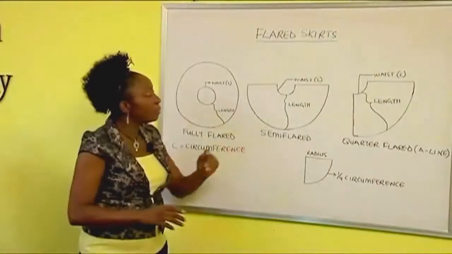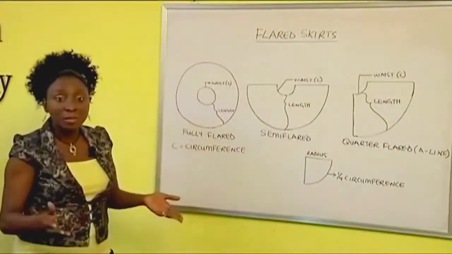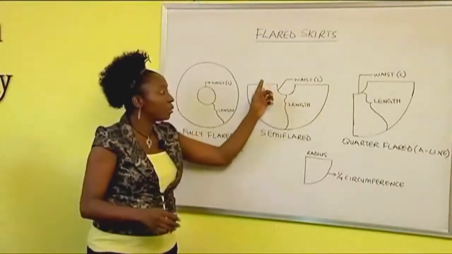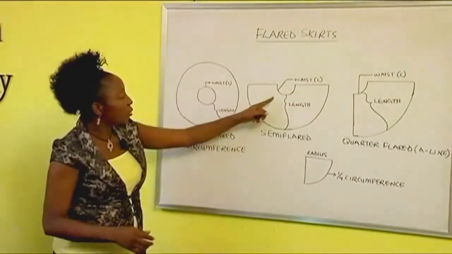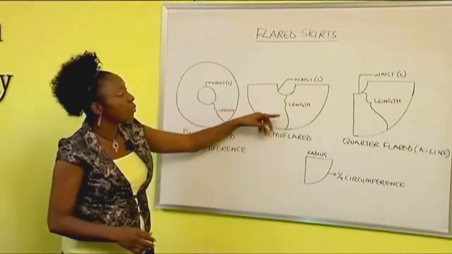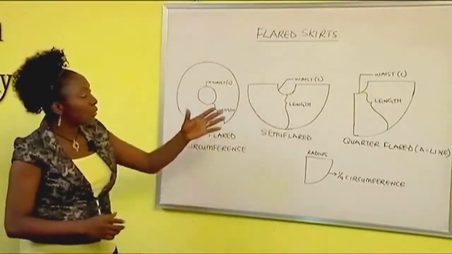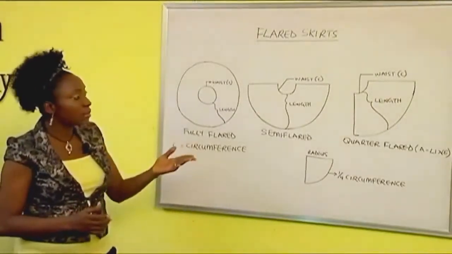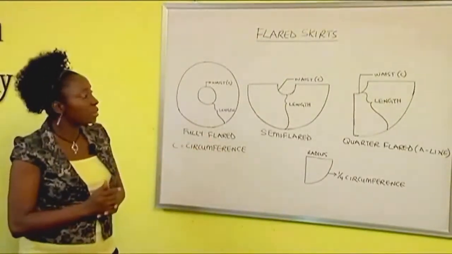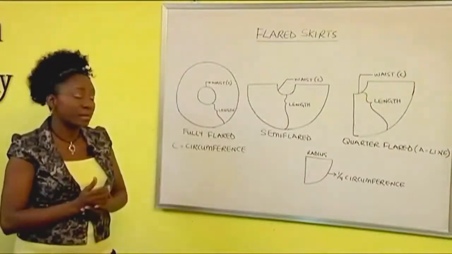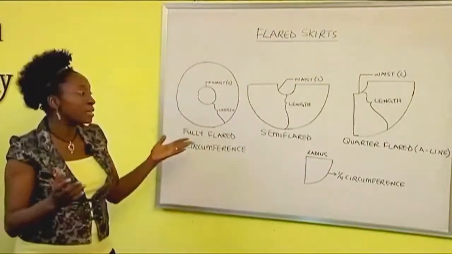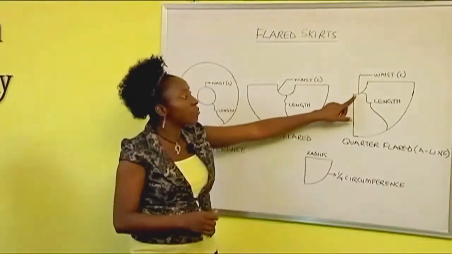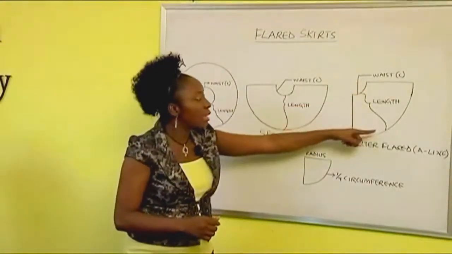Now if you look at the semi-flared skirt, you can see that it's a semicircle. And we have the inner semicircle here representing the waist. And of course the distance between the two semicircles will give you the length. Now the third one we have there is a quarter circle. It's called the quarter flared skirt, also known as the A-line skirt. Now it's not as flared as the others, obviously. And you can see that this quarter circle in here represents the waist, and the length is in between